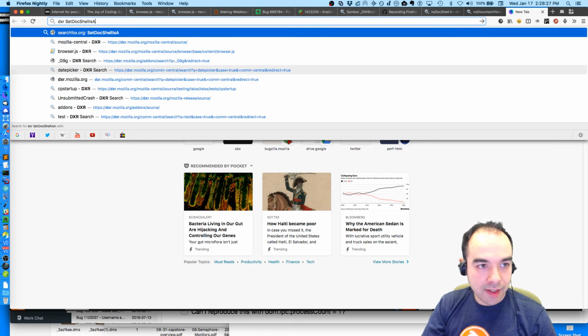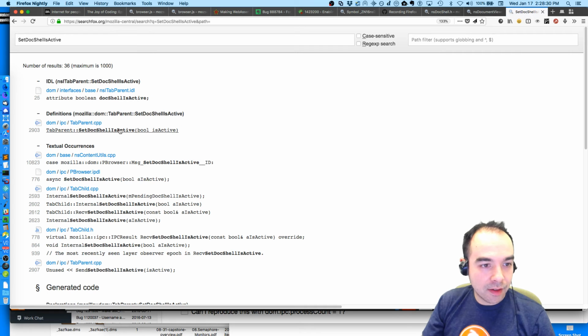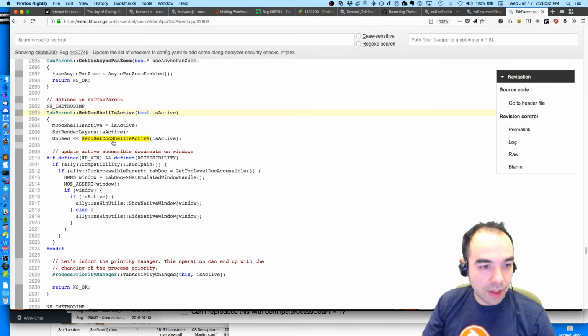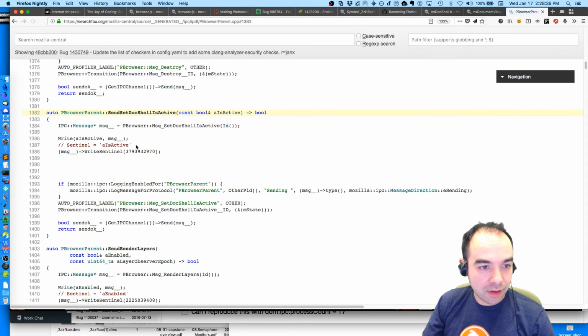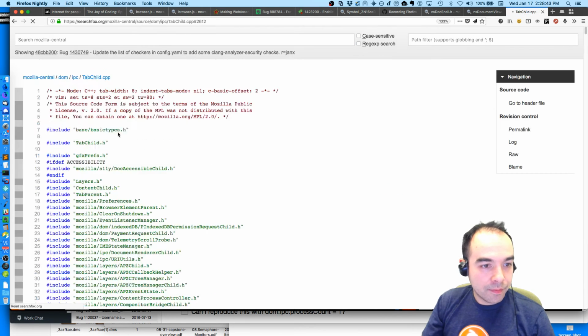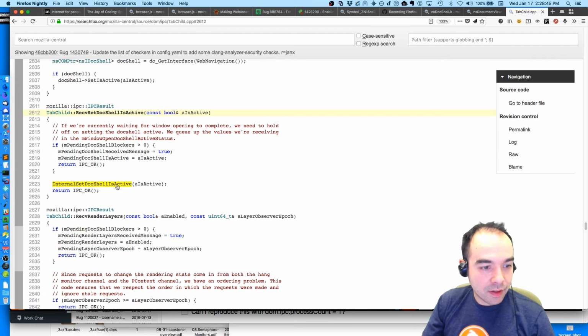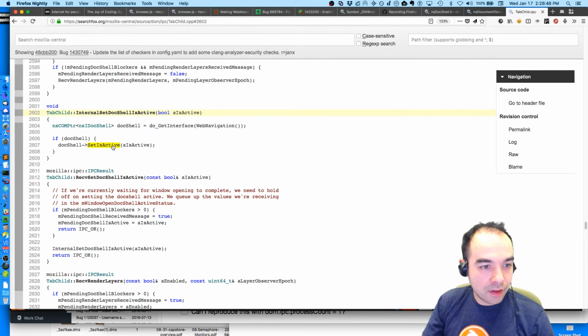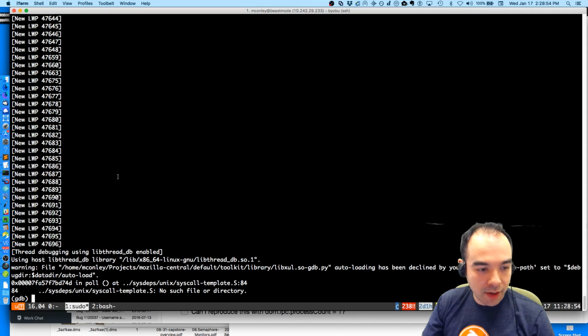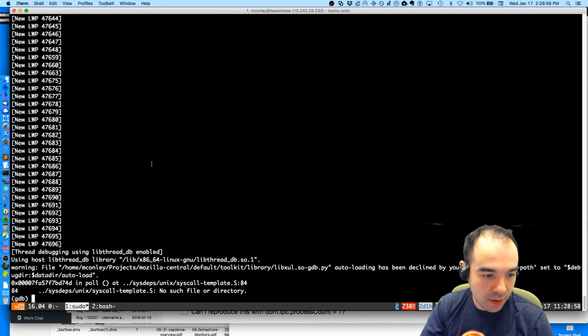Set doc shell is active. We send render layers and then set the doc shell to be active. And receive set doc shell is active, receives it, and then we just set it to be active. So why? Is it because of a race? Is that our race that we're dealing with?